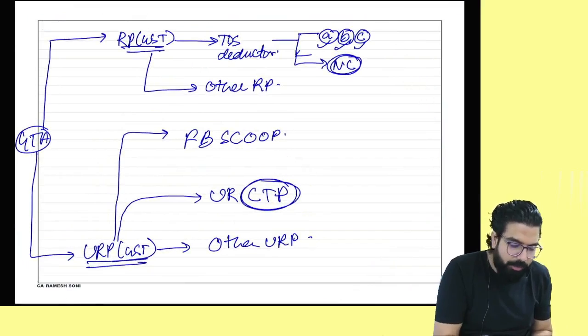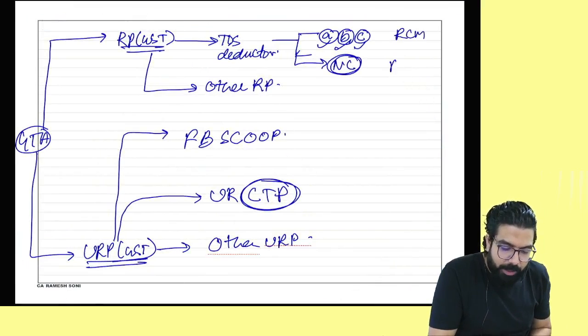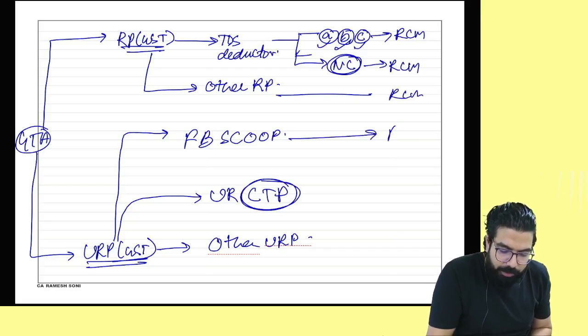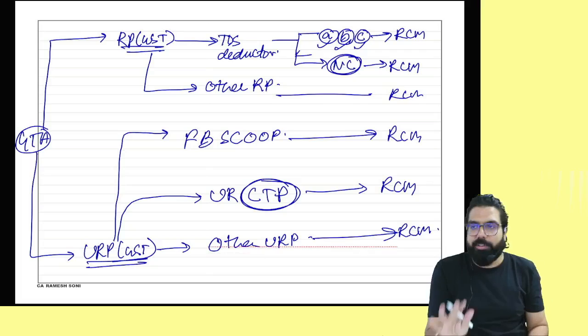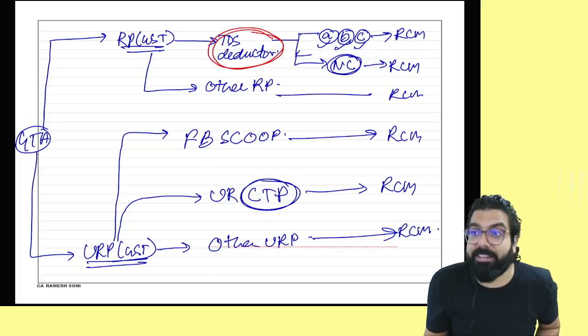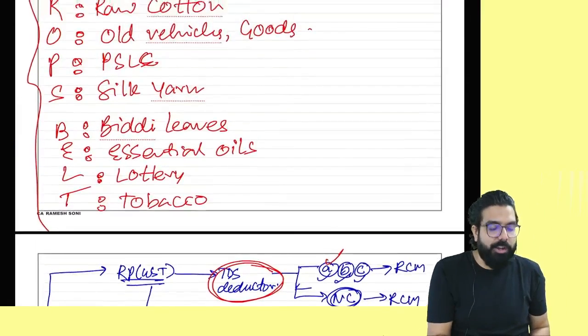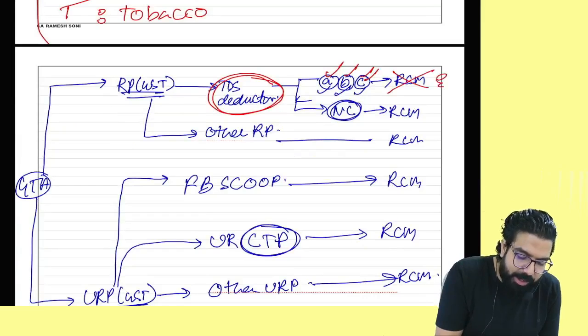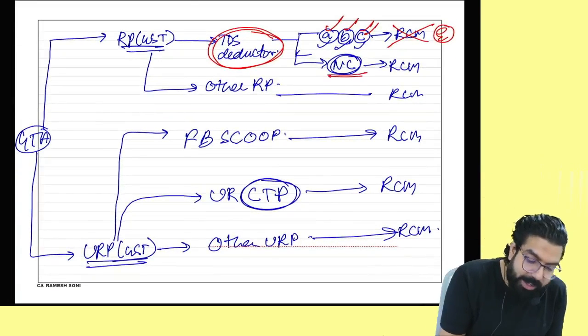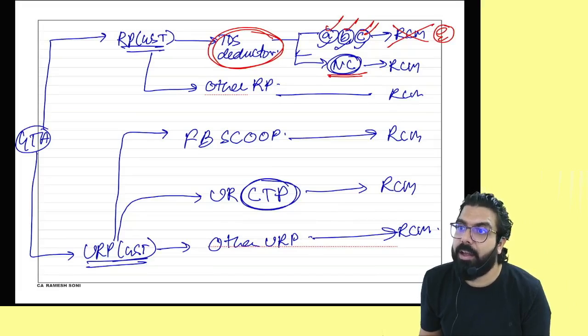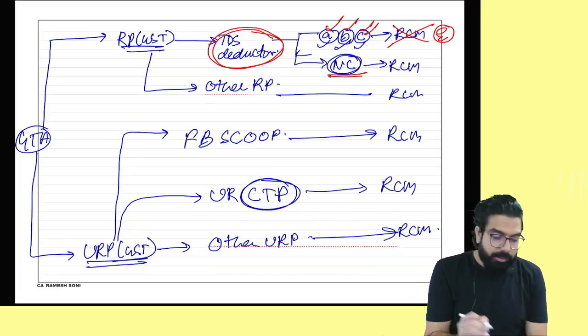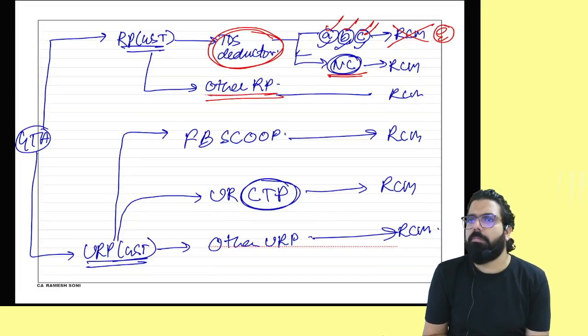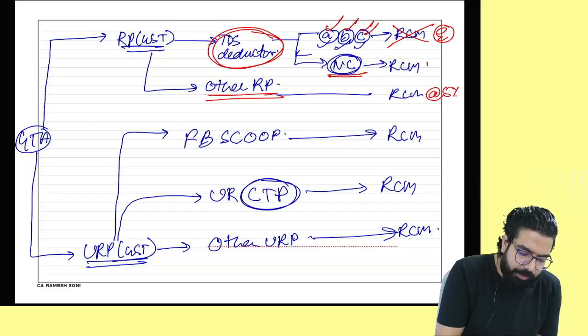Remember one thing now. First, the government told that here RCM, here also RCM, here also RCM. But then the government told, listen, if anyone has taken registration as TDS deductor, if it is Department of Central Government, State Government, Local Authority, or Governmental Agency, they will not pay the GST under RCM. It will be exempted. But notified category of TDS deductors have to pay the GST under RCM. Sir, if it is another registered person, then RCM at the rate of 5%.